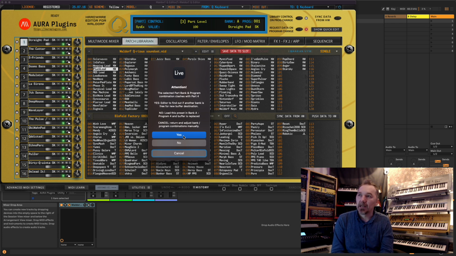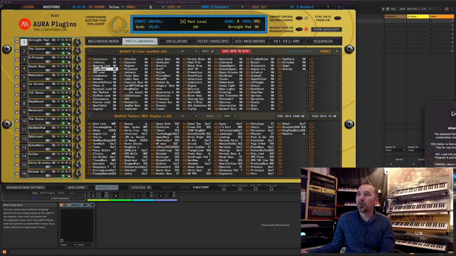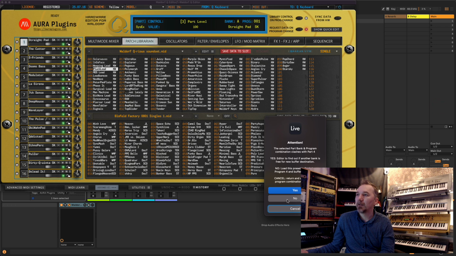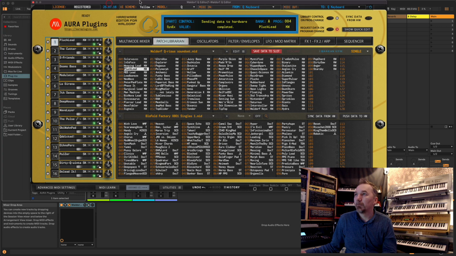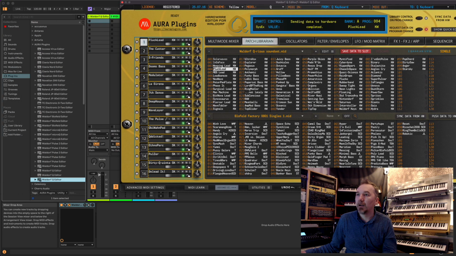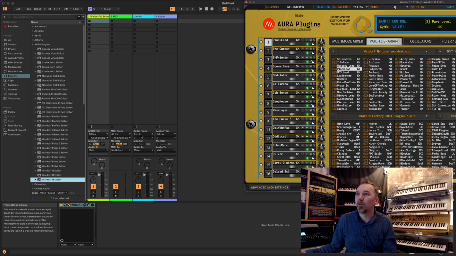And if we click cancel, we can adjust the program and bank combination manually from the UI, but in that case it's going to check if there's any interference with other parts. So let's click no, and that's going to replace the part, and we should have this program assigned to part 1,